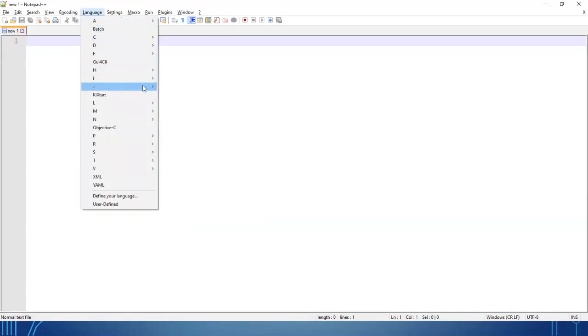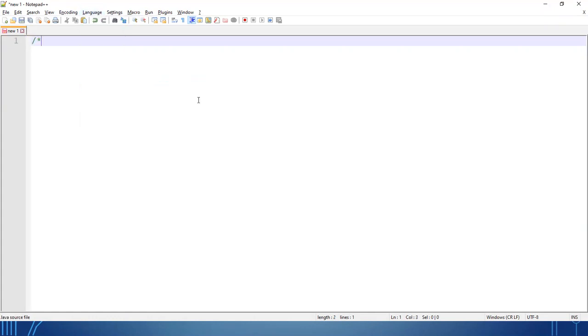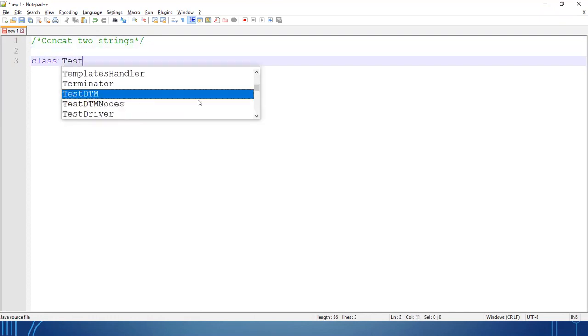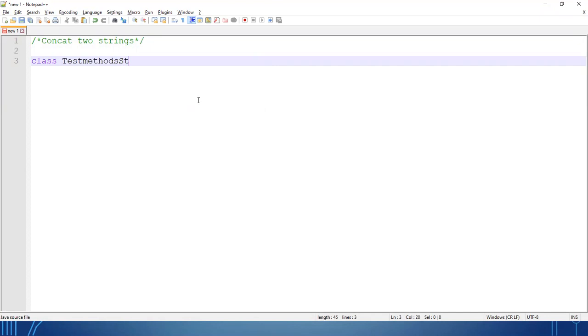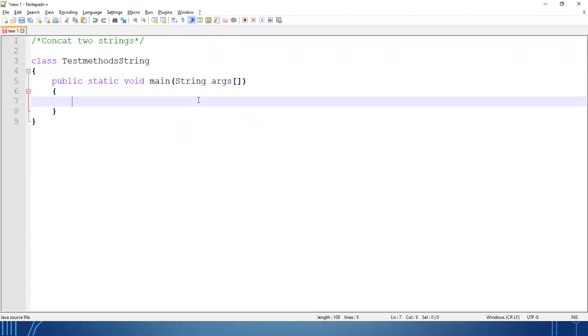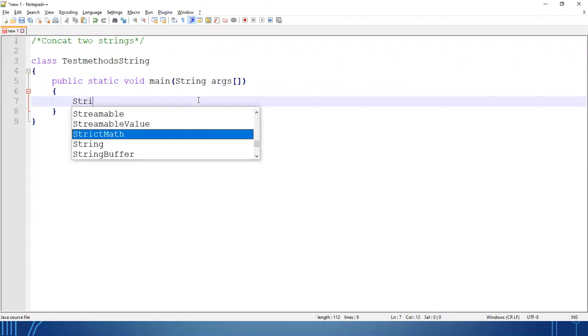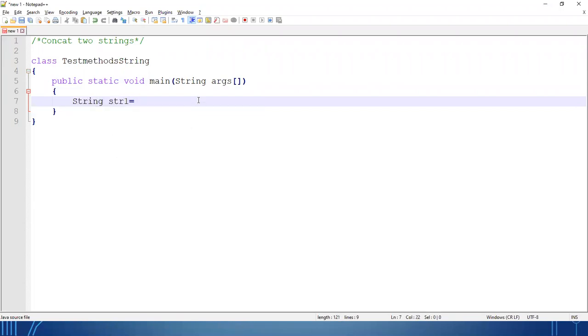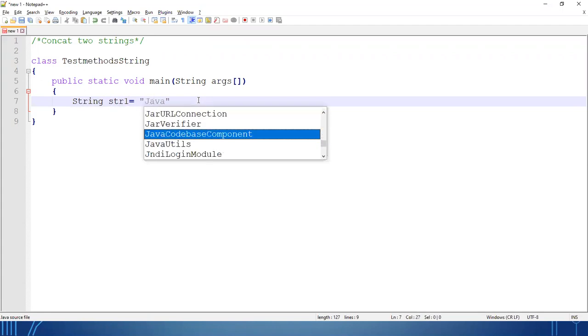Public static void main. So the first string, suppose str1 equal to Java.